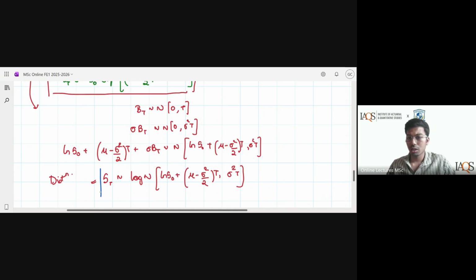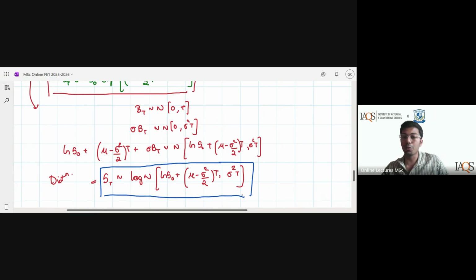Any doubts? Now, can you all go to the first chapter, or second chapter, sorry, binomial model? In that we did something called a Cox-Ross-Rubinstein model, wherein we derived the equation of u and d in terms of sigma. u is equal to e raised to sigma root dt. And I told you all that I'll derive this distribution later in the subject. This is that equation. We have used this equation in that model, and here we've derived it. And this is the entire assumption for your Black-Scholes model. Black-Scholes assumes that this distribution holds true. Understood?